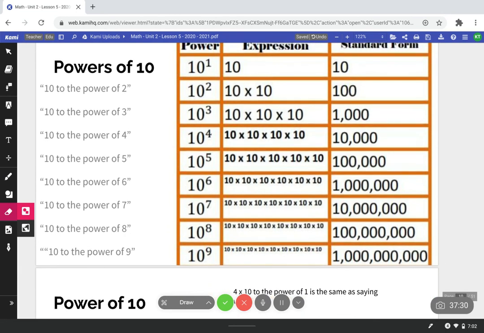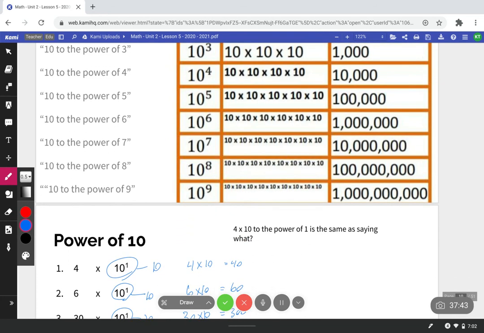Why do we use this? We use it for really big numbers because sometimes when you're multiplying something, it would be a lot easier to just write 10 to the power of 9 times 872. Like if you're a scientist and you're doing some kind of weird mad scientist formula to make a mega Jurassic Park, you would say 10 to the power of 9 times 872 because that would be more efficient than doing